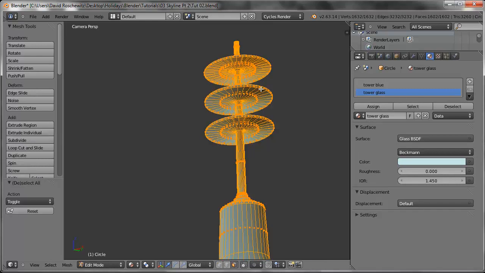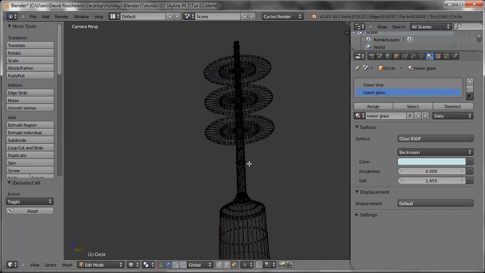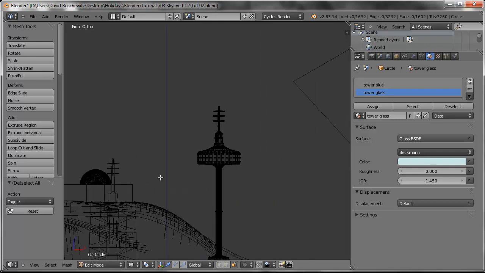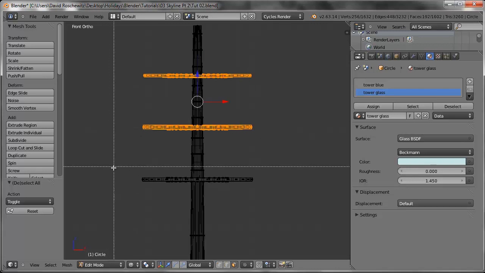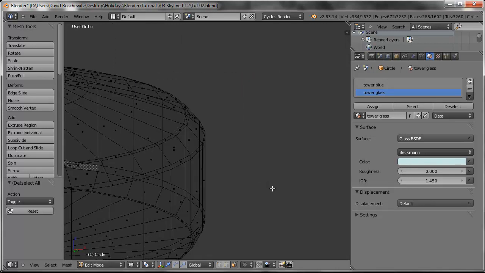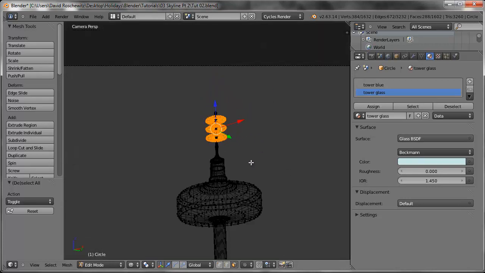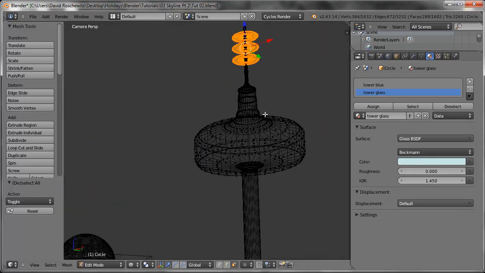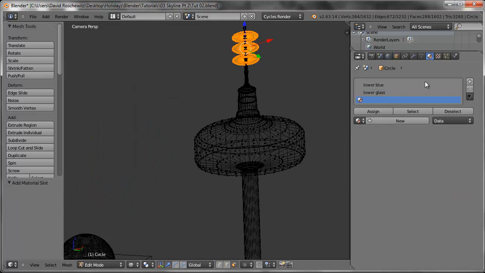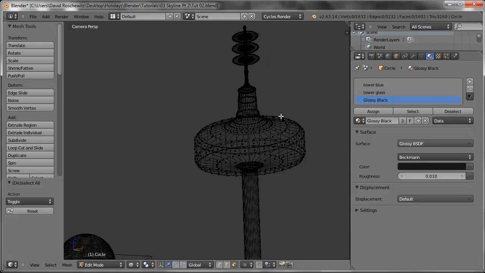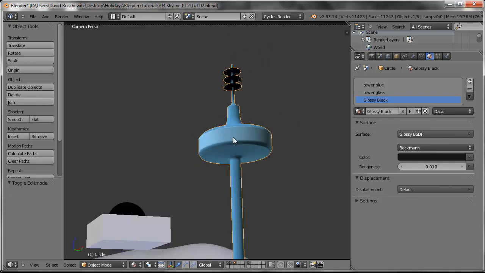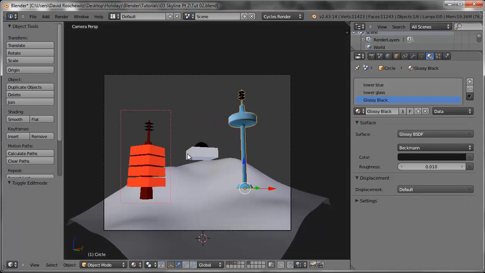Again, for those satellite dishes, which we added up here, we're going to go into an orthographic view like so. And then with the box select tool, which you can get with B, we're going to select those dishes. Go back to camera view for the ease of seeing. And we're going to add a new material for the tower in this case. From the drop down list, grab our glossy black and assign the material. And now if we go to material, we can see that we pretty much have created all the materials for